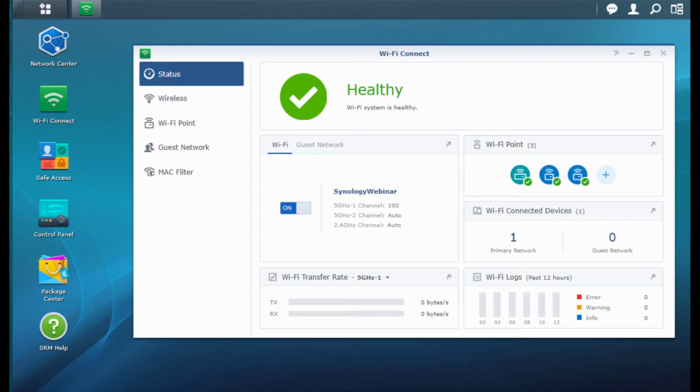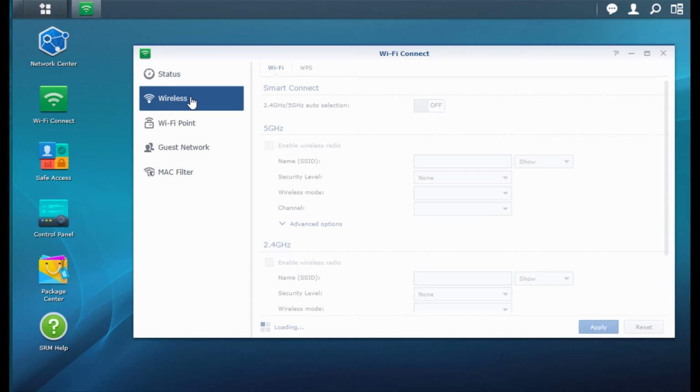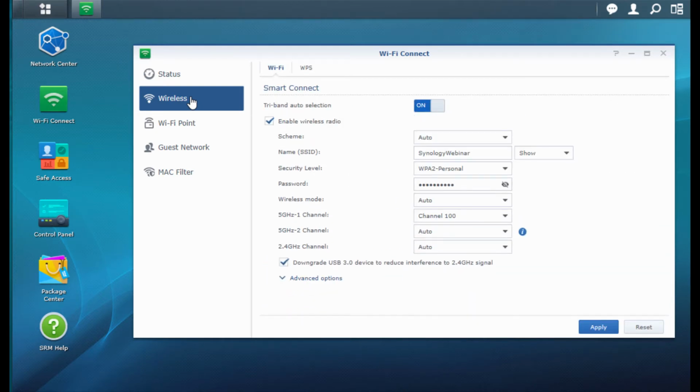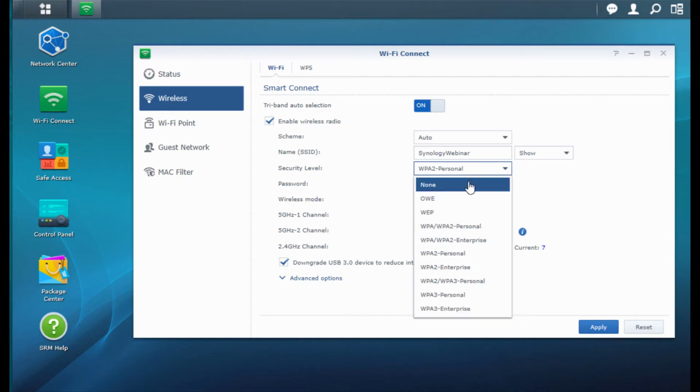So the Wi-Fi Connect app actually lets you take more control over your Wi-Fi network. When we go to the wireless section, here we can set up the SSID, which is the name of our network. We can change the security level. So basically we can go from having no security all the way to enterprise level WPA3, the highest available security